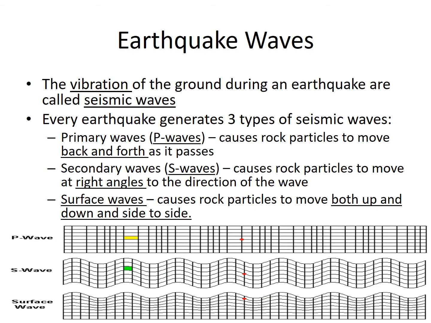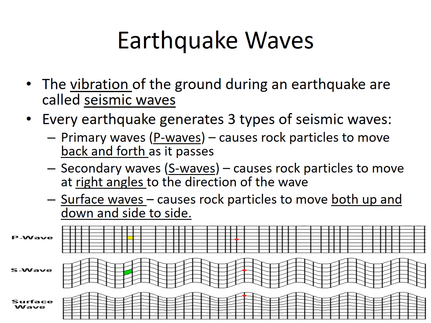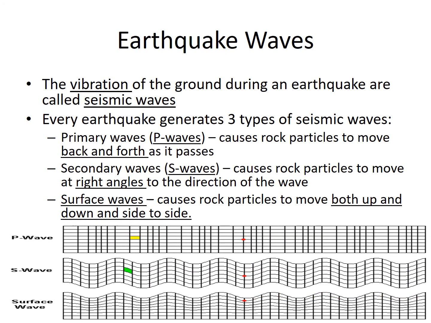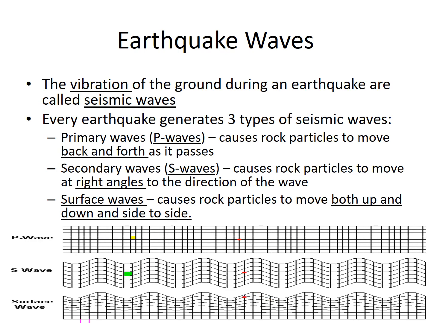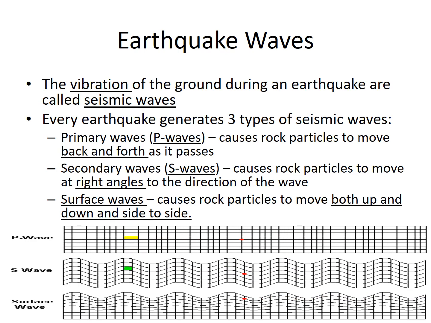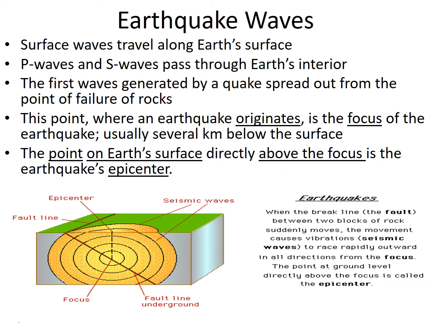P waves are sort of like if you take a slinky and move your hand back and forth in front of you, sending waves along the slinky that way. An S wave is moving it up and down, and surface waves just occur along the surface. Surface waves, of course, travel along the Earth's surface, whereas P and S waves pass through the